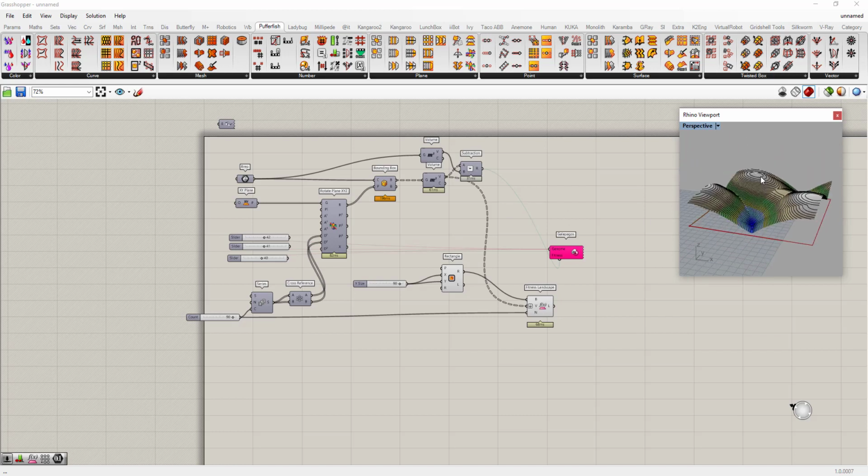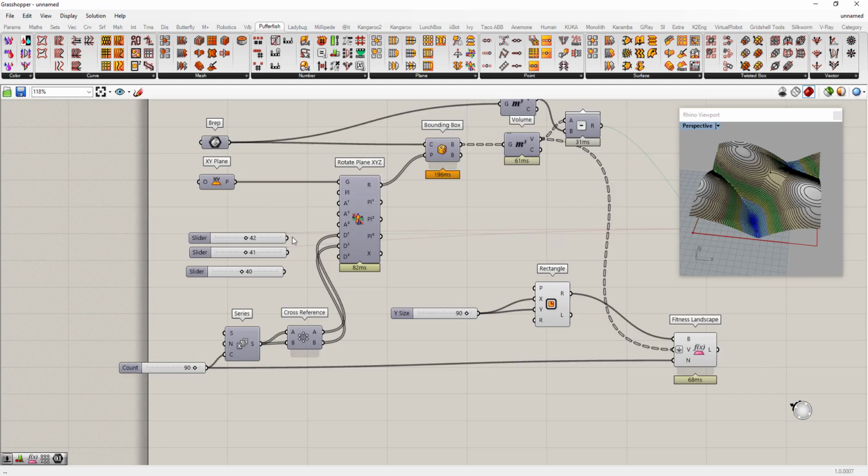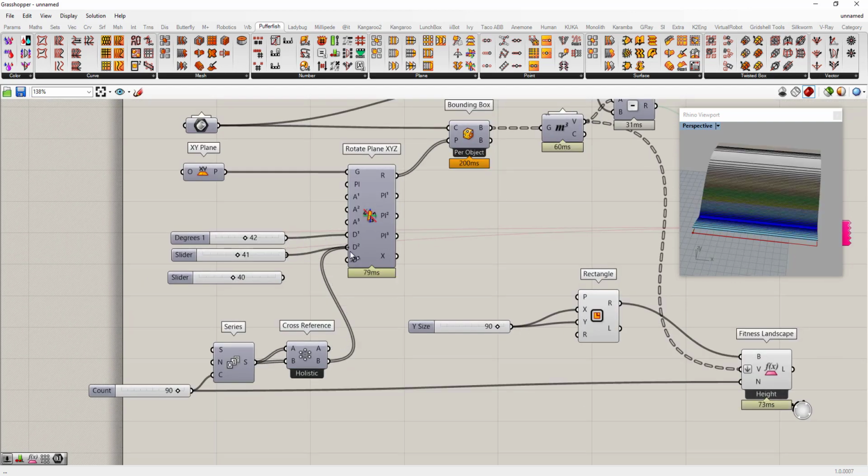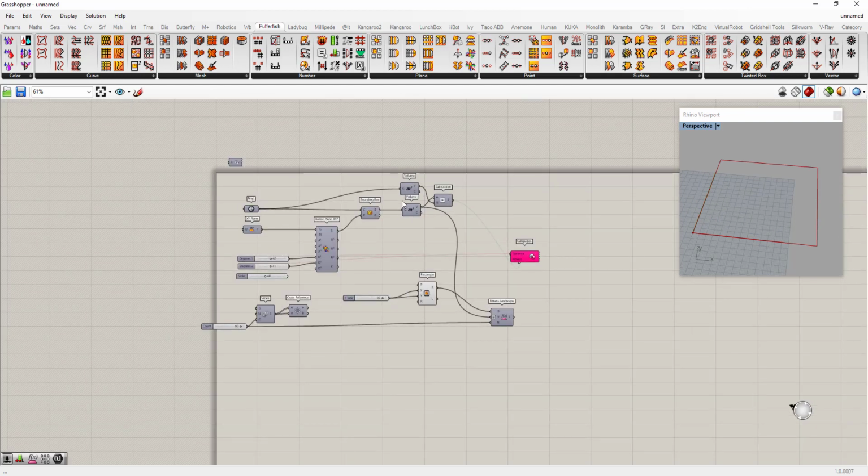Now I don't know what these numbers are in the x or y direction that'll give me that, but I can use this evolutionary solver to determine that. So I'm going to get rid of our third dimension and just use these two. Our landscape will go away because we're not previewing that anymore. So let's see if we can